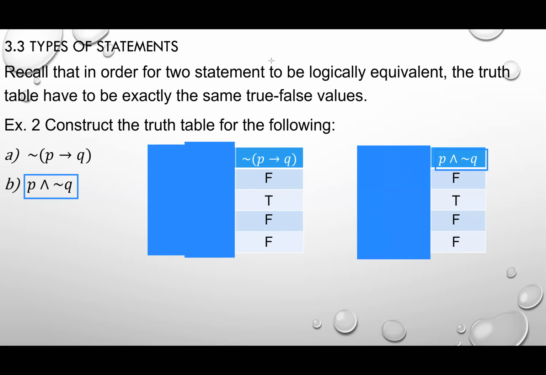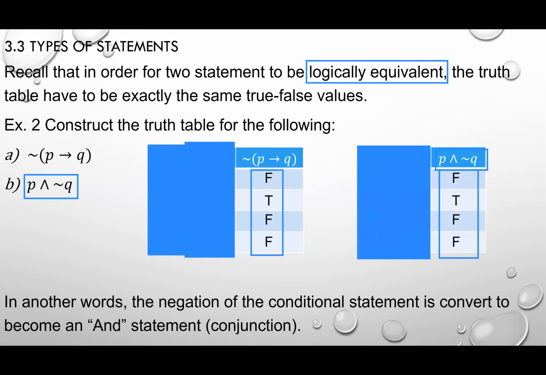Okay. So to go back to our definition for logically equivalent, a reminder that if you construct your truth table, and your truth tables match at the final product, everybody see that the final product here, they are exactly matched from line to line, or row to row, right? The first row, the second row, the third row, the fourth row, exactly matched. And then we say that these two items are equivalent, logically equivalent. Or in another word,